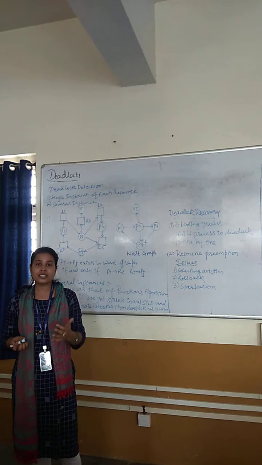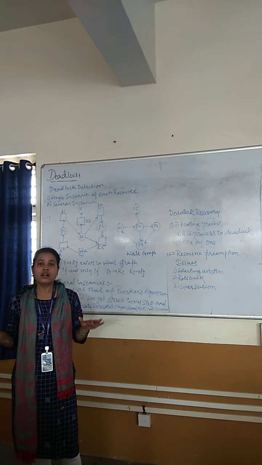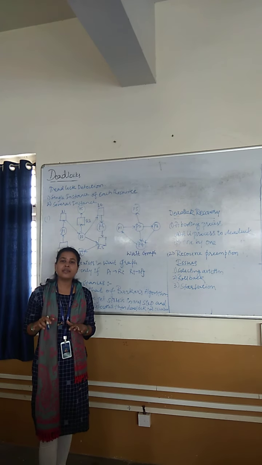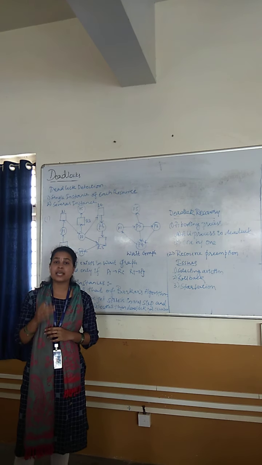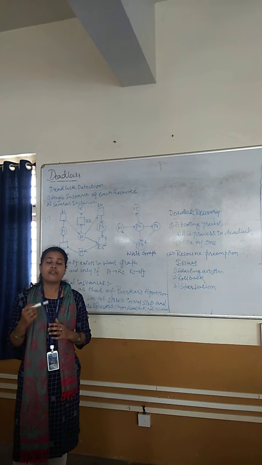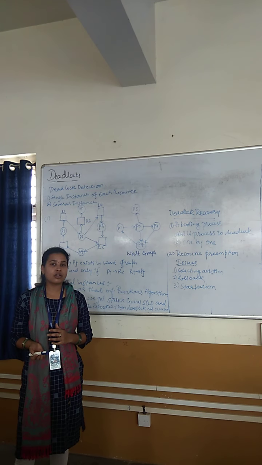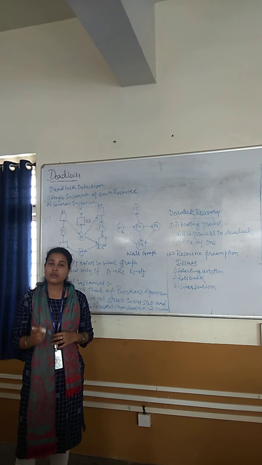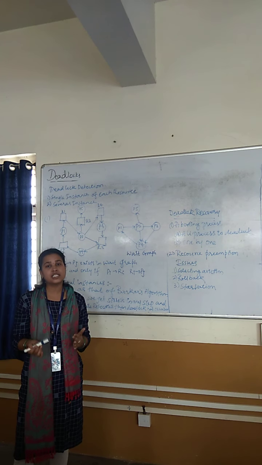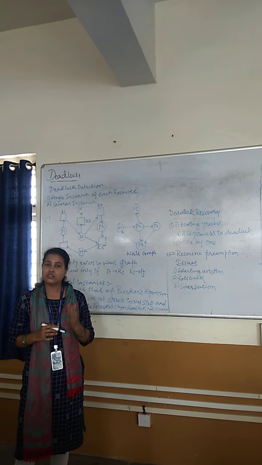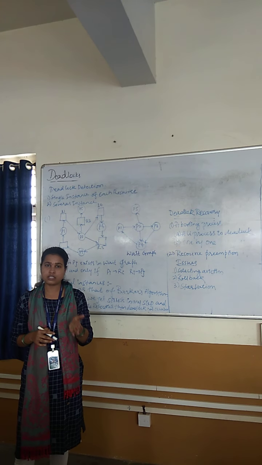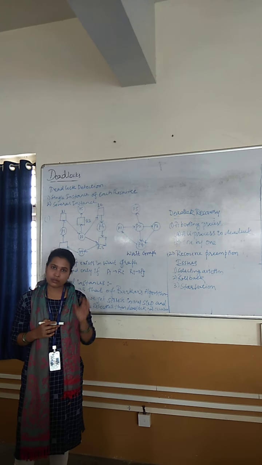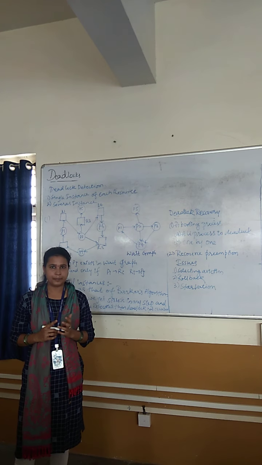This is the advantage here. We are not aborting at once. There will be less CPU overhead. But what is the disadvantage here? It is time consuming. Because every time the cycle checking algorithm has to be invoked to check whether the deadlock has opened up or still deadlock is present. So this is the first method where you are aborting the processes which are causing the deadlocks, either all at once or one by one.